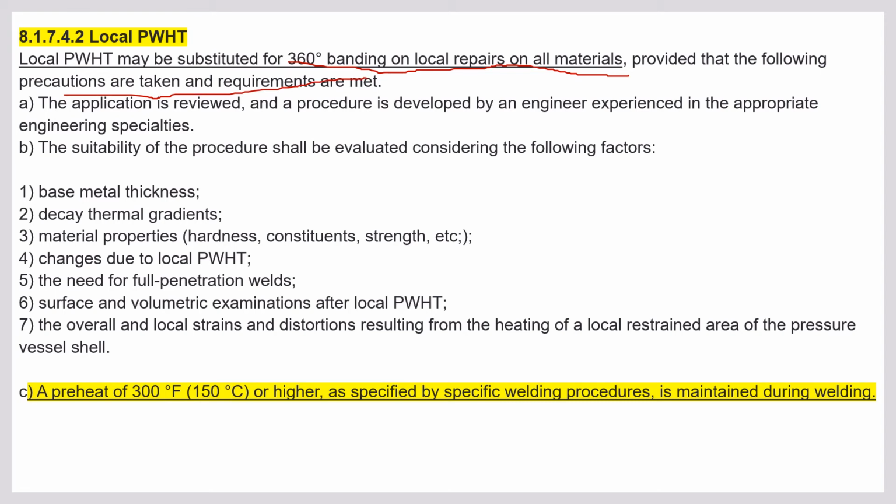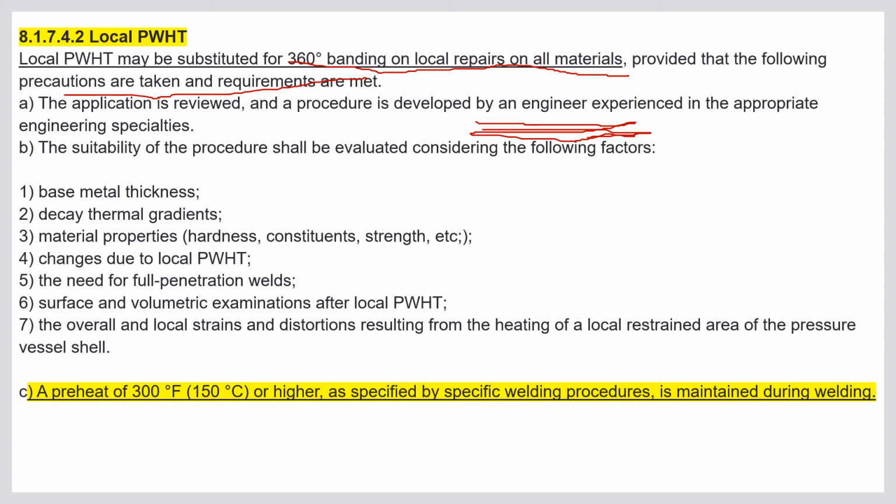If there is something all around, you can substitute the local PWHT. What are the requirements you have to follow? The application is reviewed and the procedure is developed by an engineer. If the engineer reviewed and developed the procedure, then we can